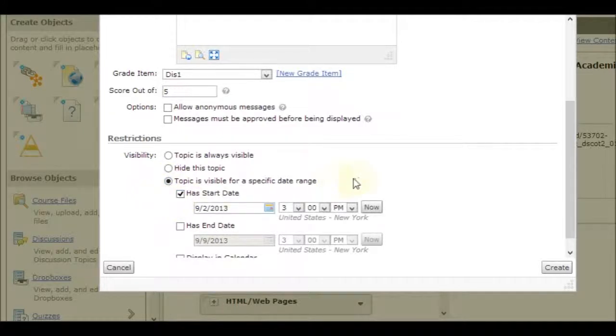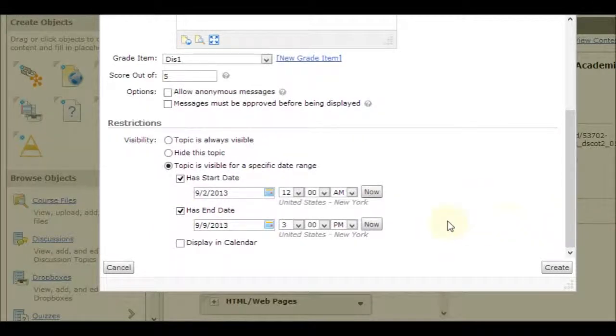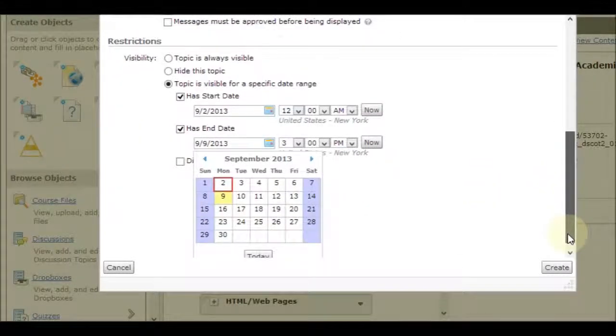Let's leave it with a start date of today, midnight. And an end date. I'm going to make the end date about 3 weeks,